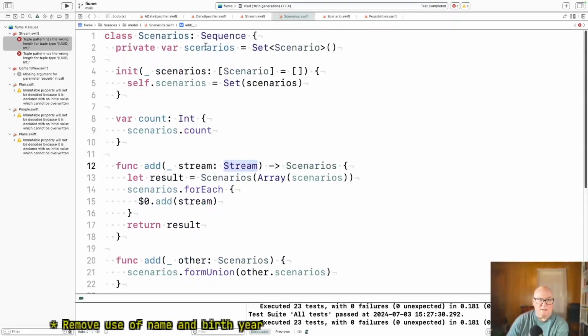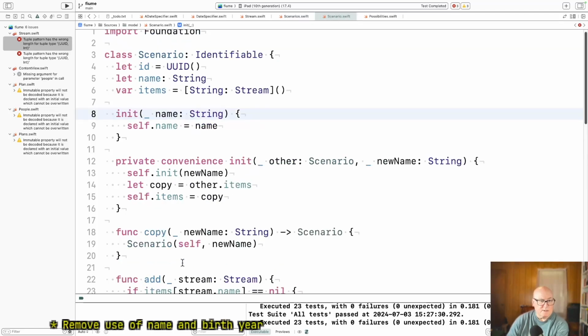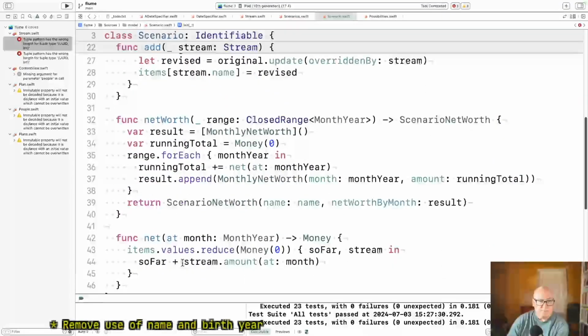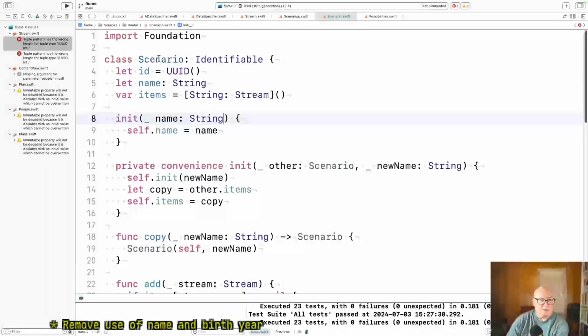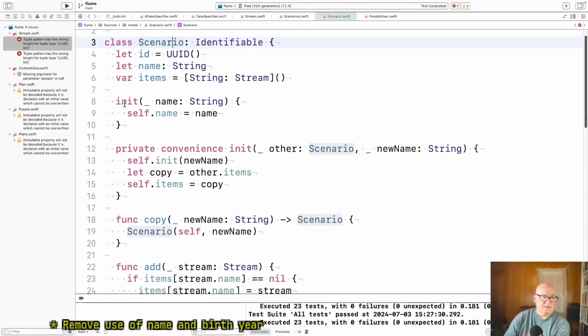Okay, that's managing the list of scenarios, but the scenarios themselves, let's find who calls the constructor on this. Convenience init. Can I say who calls this?